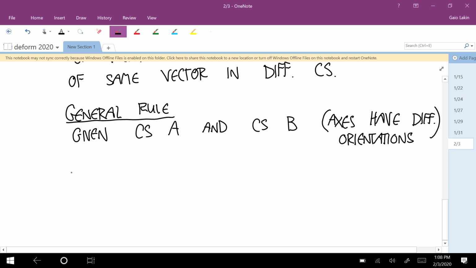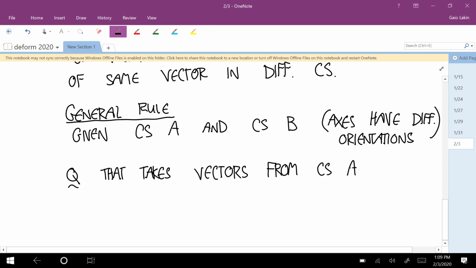Then a rotation matrix Q that takes vectors from coordinate system A to coordinate system B